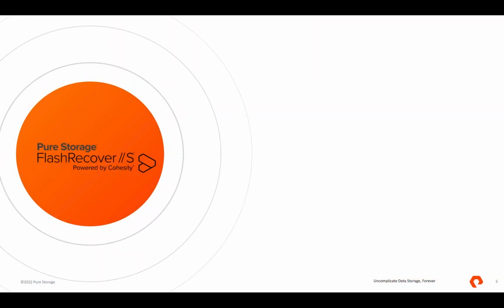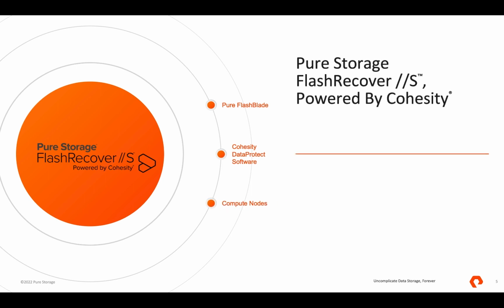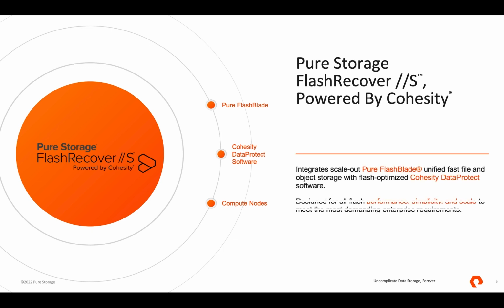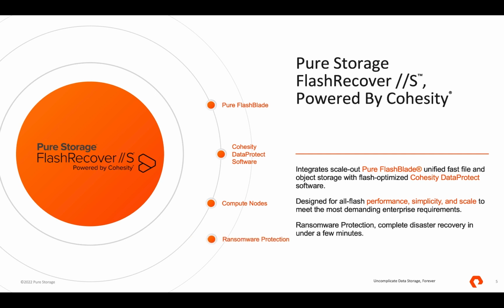FlashRecover, powered by Cohesity, is an integrated, modern, all-flash data protection solution for rapid recovery at scale. With storage innovation from Pure and modern backup software from Cohesity, the integrated FlashRecover S solution delivers simplicity, performance, true scale-out with a disaggregated storage and compute architecture. By providing ransomware protection, FlashRecover lets you focus less on managing backup and recovery systems and more on delivering results